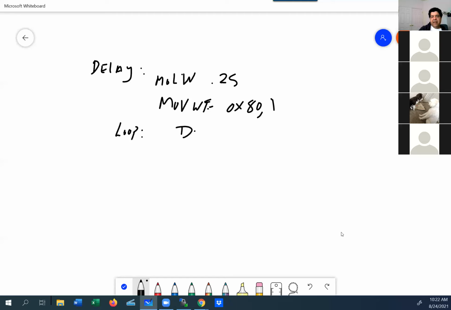One of the common things we do is DECF. This is like a for loop, if you want to think about it that way. And then we DECF 80, and I have to put the answer back in 1. And then we branch as long as it is not 0 to loop. Okay. And they come and tell us that,